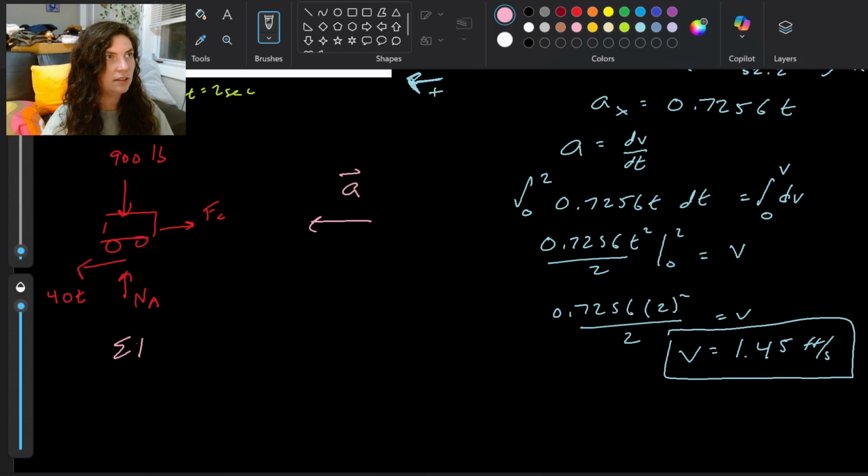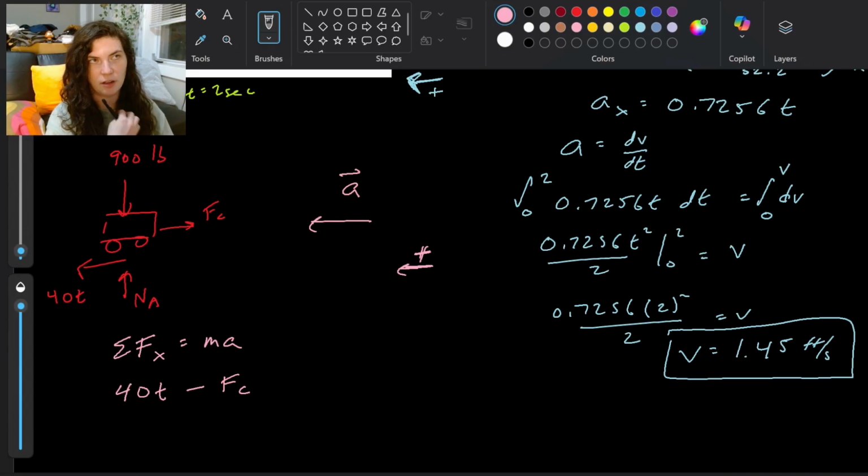So for this guy, now I'm looking at just the truck. Sum of Fx equals m times a. So my sum of x now is 40t minus that FC. And remember, I'm doing maybe opposite of how your brain's thinking because I said that my positive was going to be to the left in this problem, just because that's where my force and my acceleration were both pointing. So 40t minus FC equals mass. My mass again is weight over gravity, 900 over 32.2